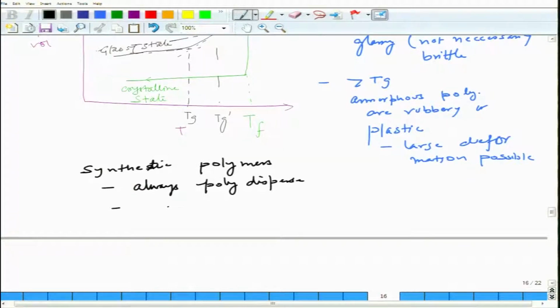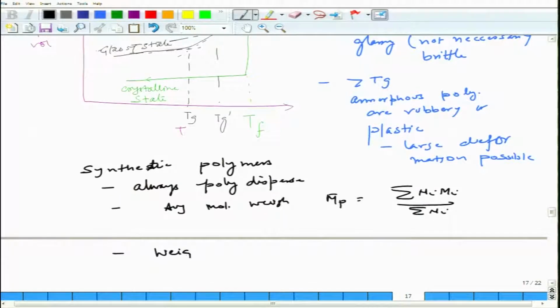By considering the average molecular weight, let us say Mn, which is going to be summation Ni Mi divided by summation Ni, where Ni is the number of molecules with molecular weight Mi. Or you can consider the weight average molecular weight,